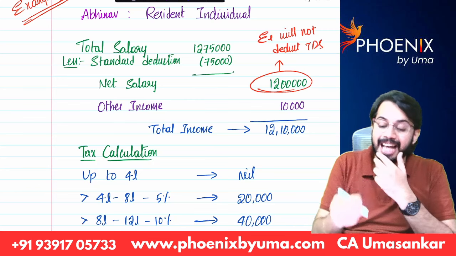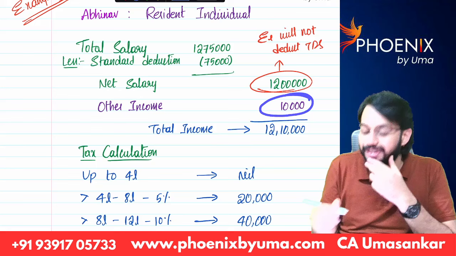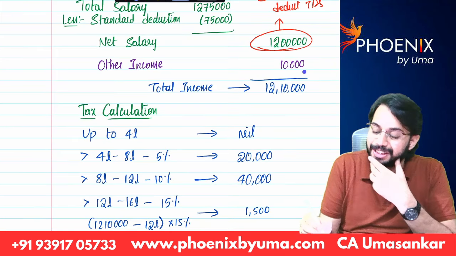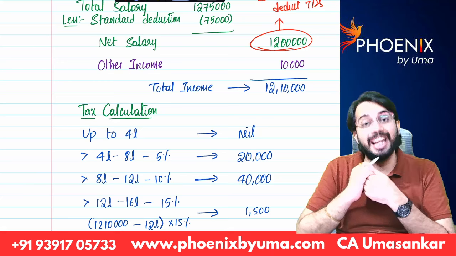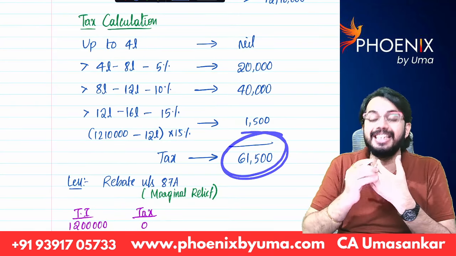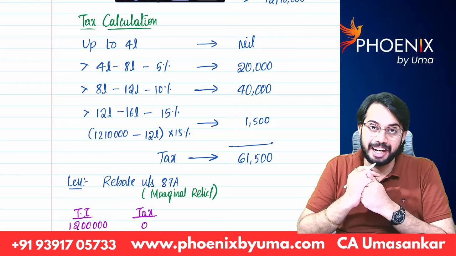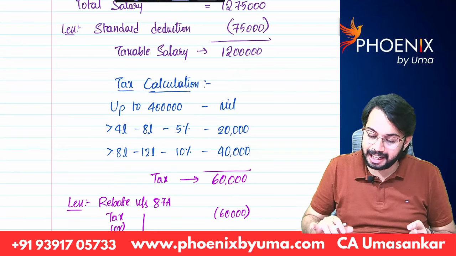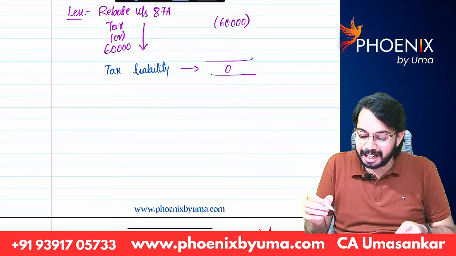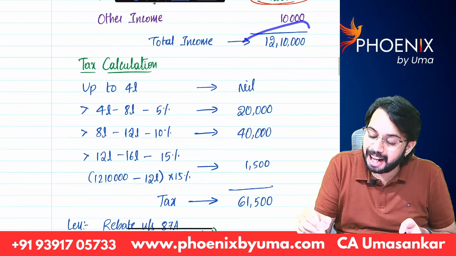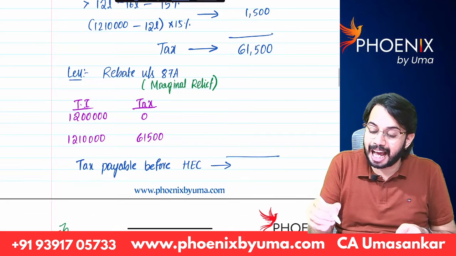But Abhinav is having other income of 10,000 rupees. Once he has other income of 10,000 rupees, his total income will be 12,10,000. How much is the tax? If you calculate, the tax is 61,500. Now, if his income is up to 12 lakhs, in this example, his tax liability is zero. If his income is 12,10,000 rupees, his tax liability is